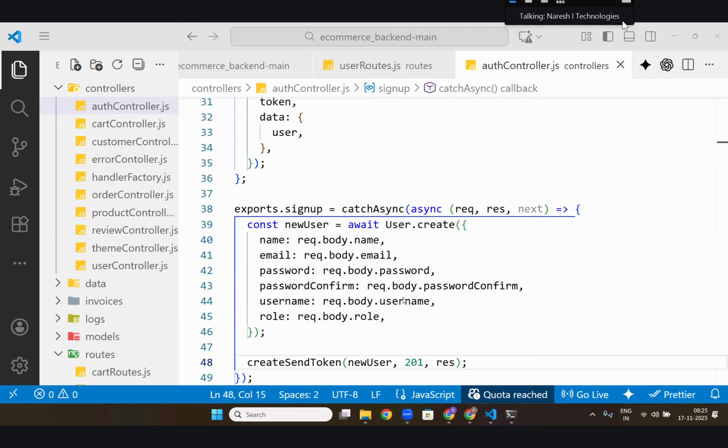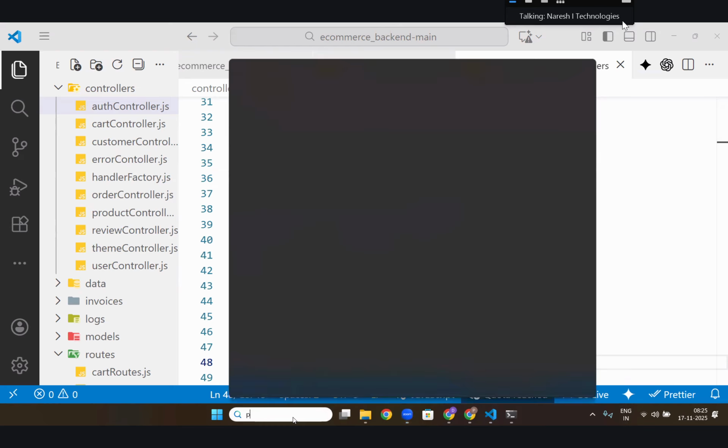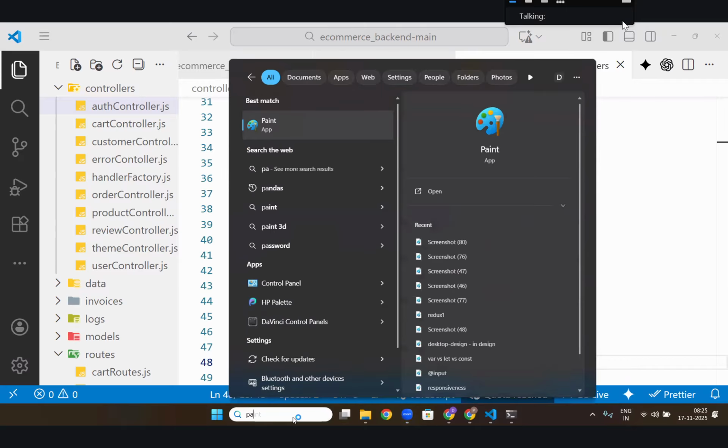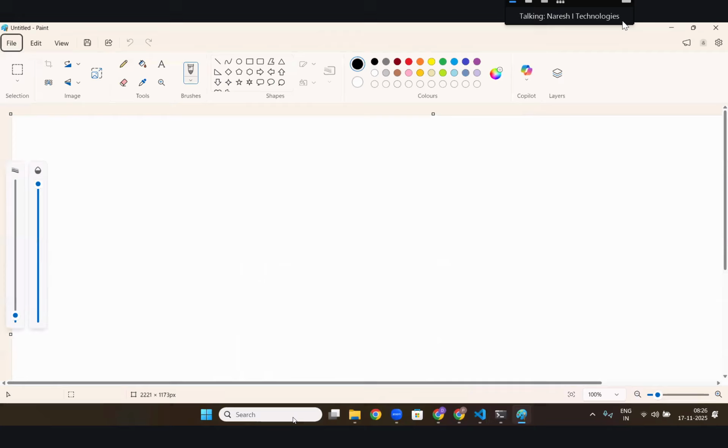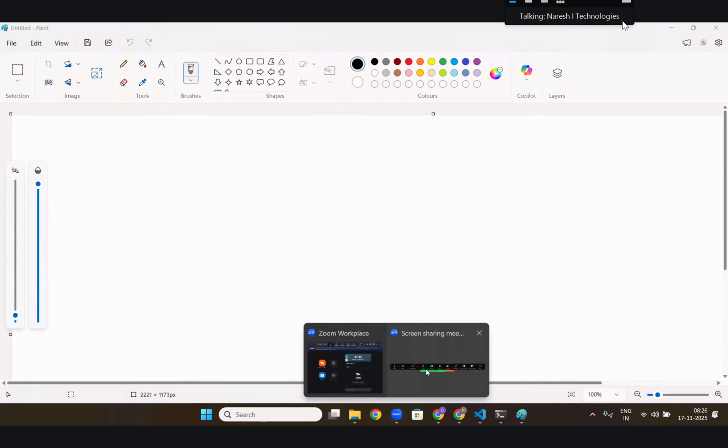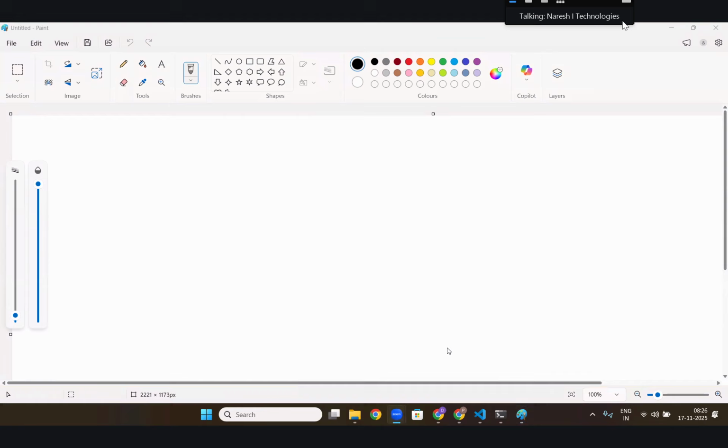Can you tell the process step by step of creating the backend files? Yeah, that is what I'm telling it. First, if you want to start the backend, we will create it. It's not like I'm just showing you this and leaving it. I will also create it. We have already created it so many times.